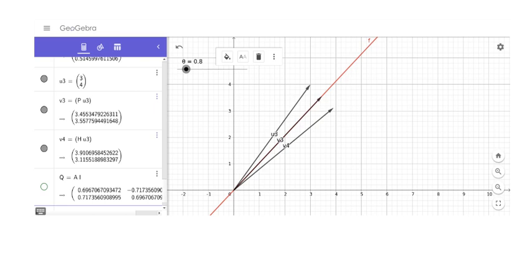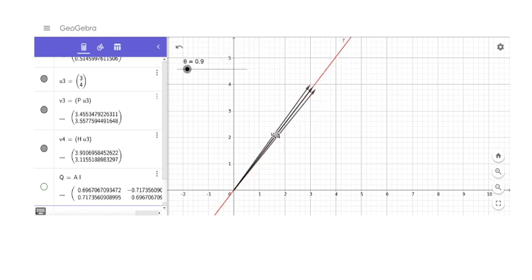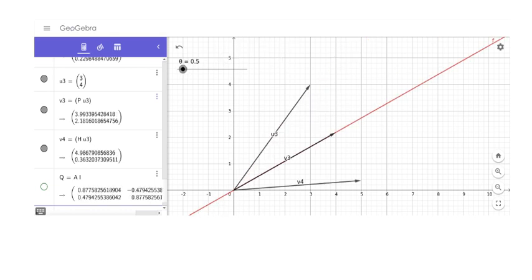Similarly, the next one is the reflection. Considering the red line as the reference axis, V4 is the reflection of U3. Now if I change the angle again, the reflection reference changes. See here, reflection is about the axis y equal to mx. In the previous case, the reflection was only about y equal to x. Now in this case it is any line y equal to mx. So this is about reflection.